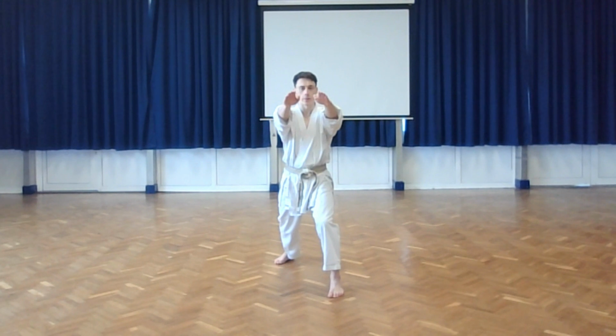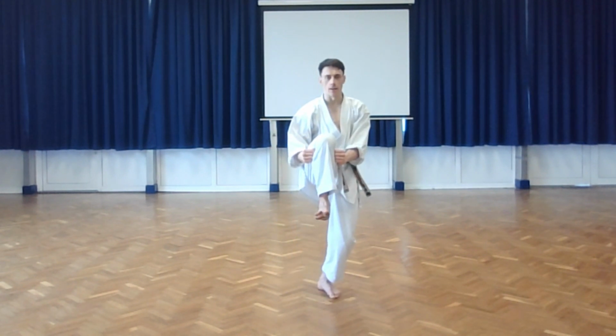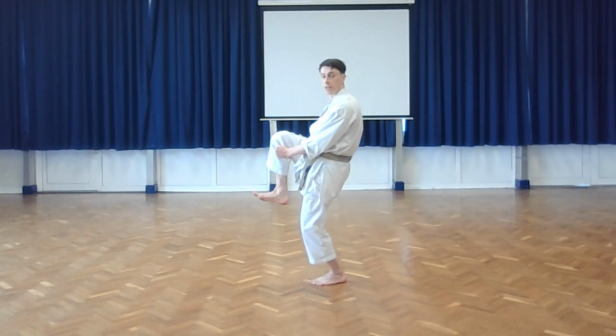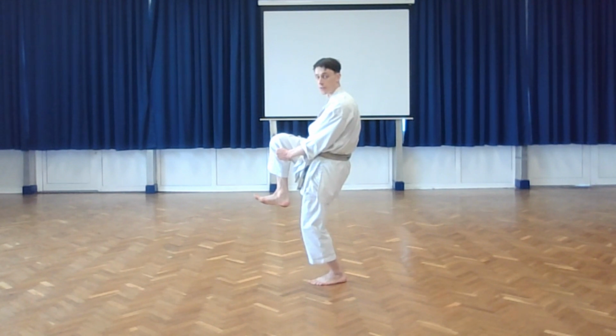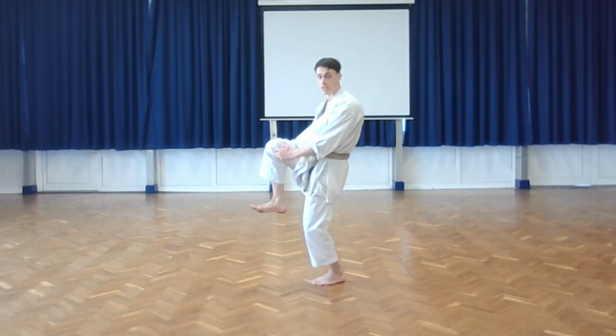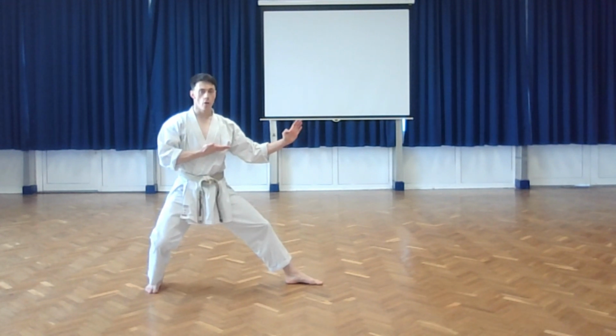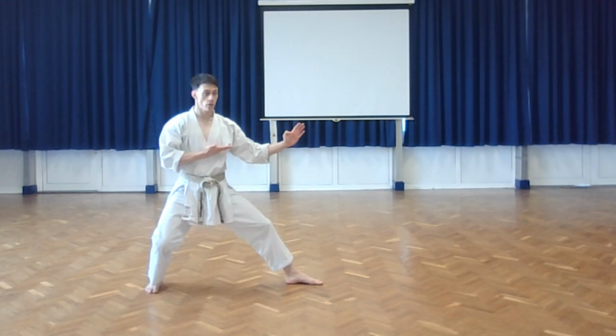From this position, you're going to attack Kizami, knee attack with your right. Bring both hands down as fists, just below your knee. And Kiai. From this Kiai, you're going to turn 180 degrees, so you now end up facing the front of the dojo. Your left hand is going to come to your neck as you prepare and step backwards, Shuto Uke in Kokutsu Dachi, before